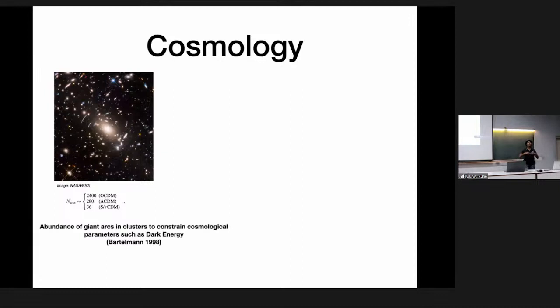So by looking at the abundance of these galaxy clusters, we can put constraints on the cosmological parameters. So this is what was suggested by Bartelmann et al., where they looked at different cosmological models here, like open CDM, lambda CDM, and so on, and made predictions for how many giant arcs one would see